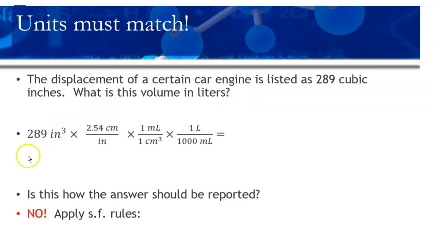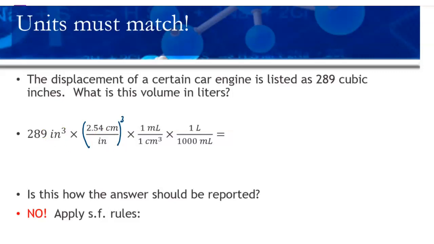At first blush, you might want to write down 289 cubic inches and then use our centimeter to inch conversion. But if you look at this, you'll notice inches cubed here. That's inches times inches times inches. That will only cancel out 1 inch in the denominator. I need inches times inches times inches. And the way we do this is we take this entire conversion factor and raise it to the 3rd power. So now I have centimeters times centimeters times centimeters in the numerator, inches times inches times inches in the denominator. And when I multiply this out,